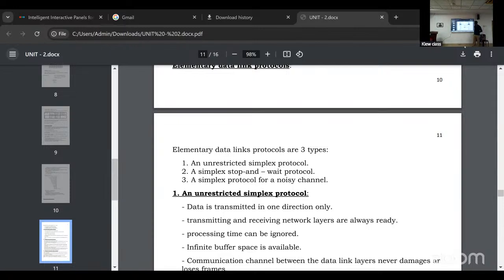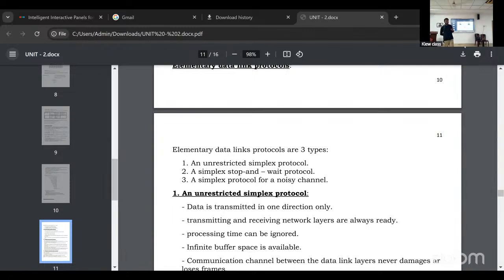Here, due to noise, the sender sends the data to the receiver.